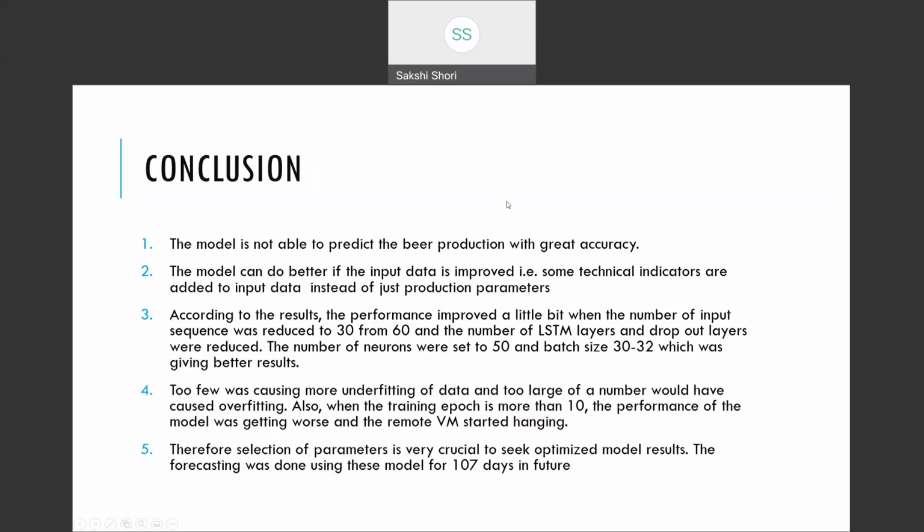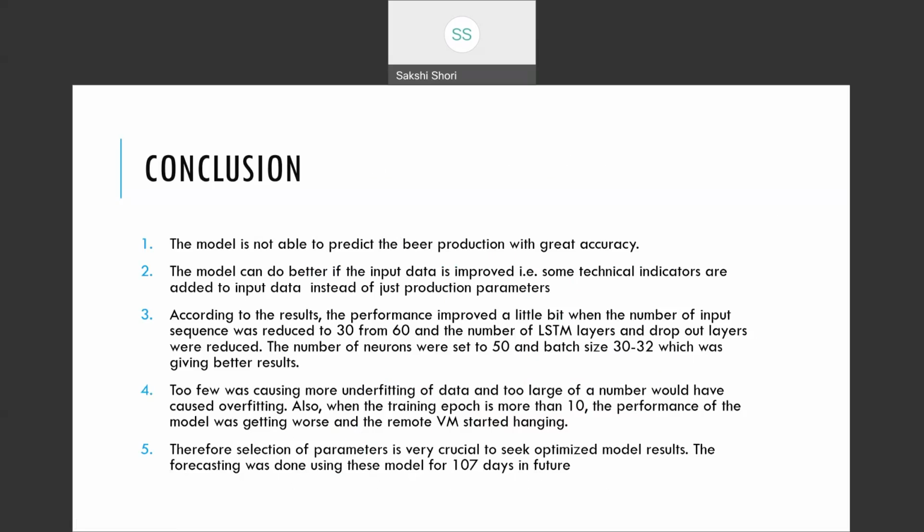To conclude, this model is not able to predict the beer production with very great accuracy. The model can do much better if the input data is improved, for example if some technical indicators are added to the input data instead of just production parameters.